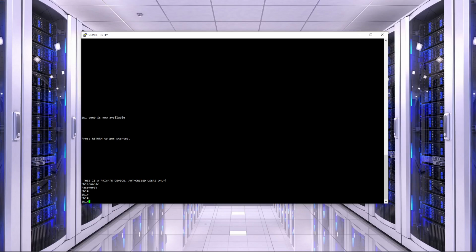Alrighty. Now, it's usually very important for us to set another type of password, which is the password which is prompted even before the user is able to do anything on the device, even before they are able to type in enable. Now, when we do this, we need to configure and associate a password to either the console port itself or to the virtual terminal lines, the VTY lines. And this is exactly what we're going to do now. We are going to configure a password for the line console, and we are also going to configure a password for the line VTYs. Now I'm going to go back to config mode, configure terminal,